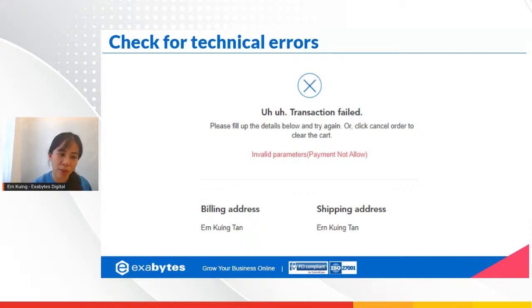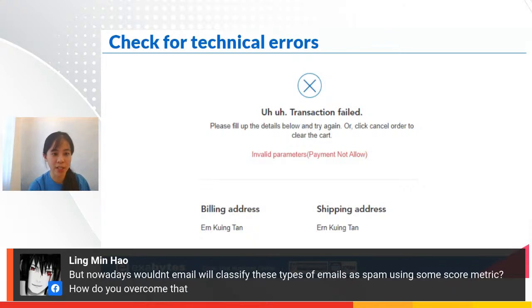So there's a question from Ling Min Hao: wouldn't email providers classify this type of email as spam using some score metrics, and how do you overcome that? You need to keep on top of the guidelines for sending out email. Google Gmail will actually give you the guidelines on what will be considered spam emails, and make sure you avoid them. They get updated, so you need to stay on top of that. And then it's always a good idea to send emails from